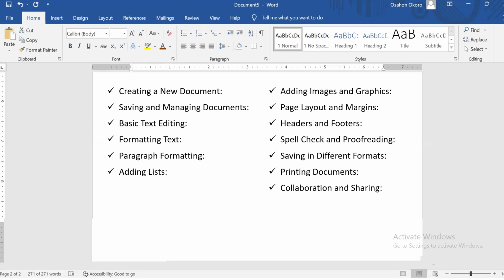So you look at all that, and lastly, we'll have collaboration and sharing. Sharing in the sense that you are working with a group of engineers or a group of persons working as a team, and you have a document that you're already editing. It's good that the team have their say in the documents.